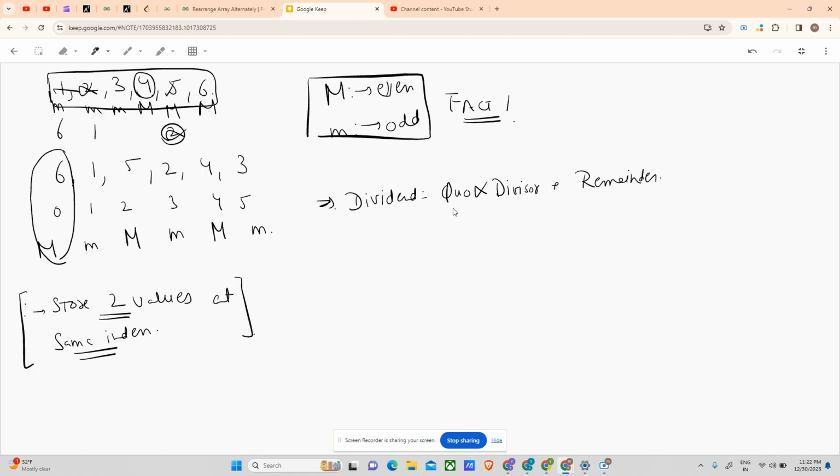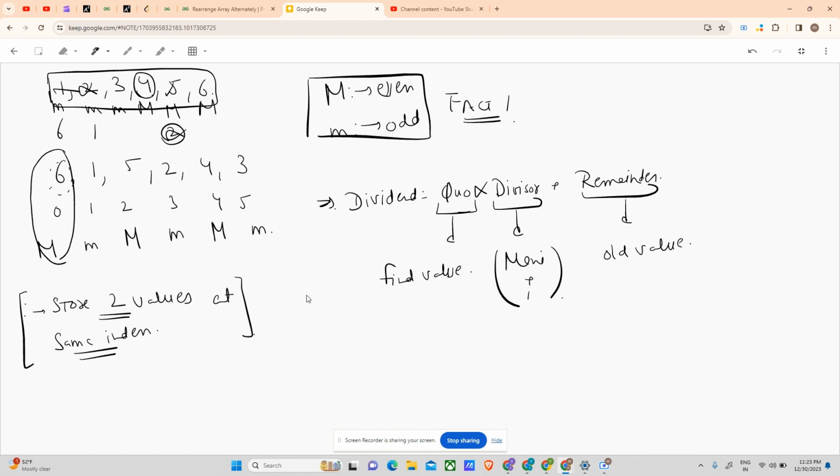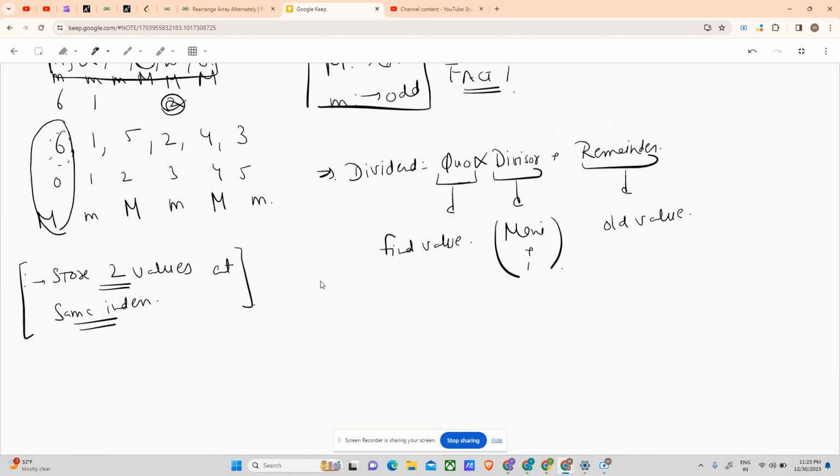Now here I make the quotient my final value, the value that should be present at the index. The final value is 6 here. The divisor is the maximum element present in the array plus 1. And the remainder is the old value. And transform my array. How will I transform? As you know,